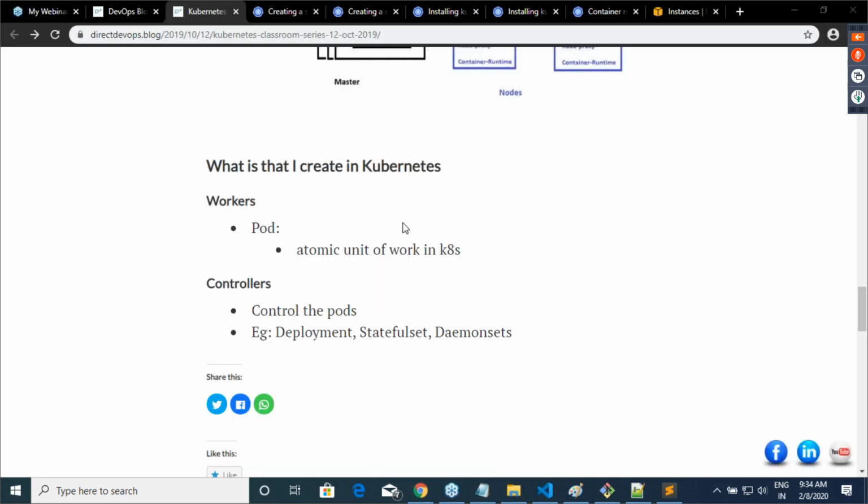Let me see if we have any doubts. Is the pod network configured or installed on the master? If you have understood correctly, I applied the pod network installation on the master itself. Once I applied it on the master, it was applied to all the nodes. I executed the kubectl apply command of the weave network on the master, not on the node.